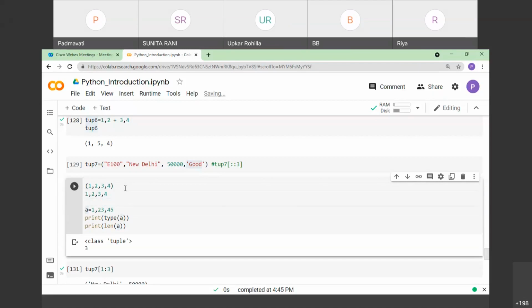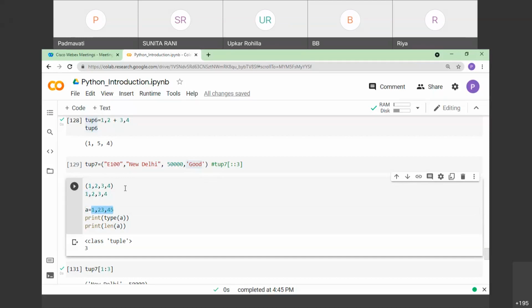And in the next line, what I have written, a is equal to 1 comma 23 comma 45. That means this a itself is a tuple, and it considers three different elements.